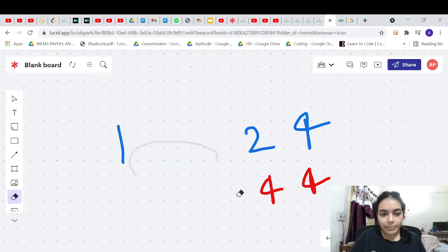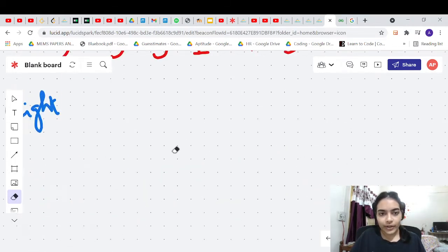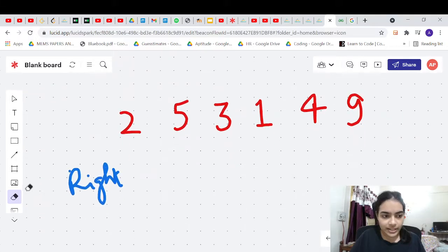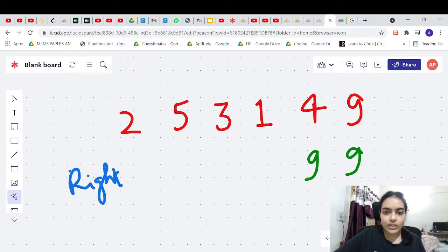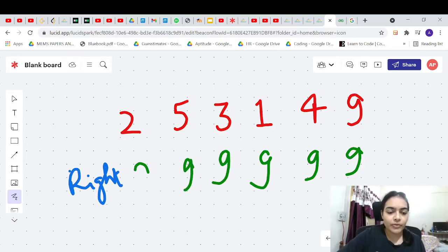So first of all, we'll build the suffix array. Okay, for example, we have built the suffix array. In this case, the suffix array is very simple. It will just consist of all 9. Okay, this is the first step of the solution.